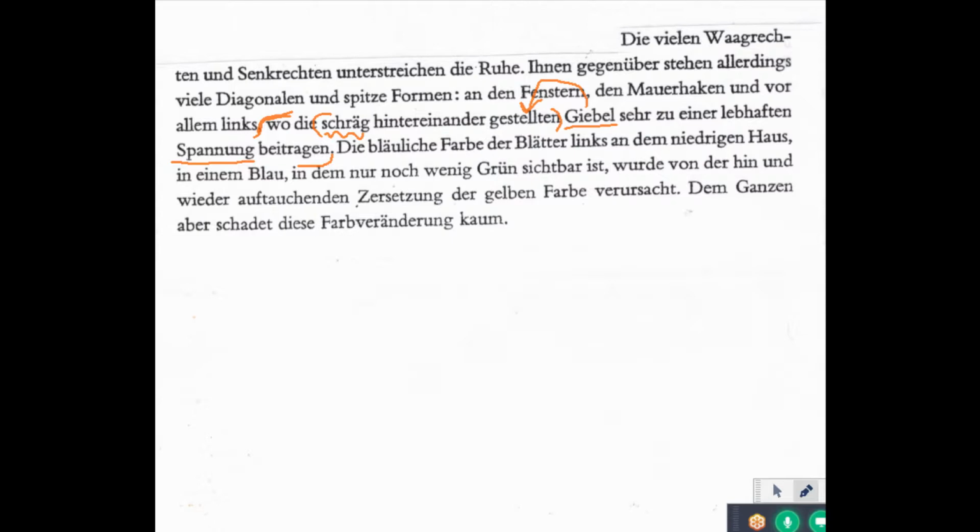Okay, let's go up to there first of all. So this is the bluish color, and then what case is this? Der Blätter. It's dative. Well, it's actually genitive, of the leaves. Oh, I'm sorry. Yeah, I thought those were carrots you were drawing, Ron. No, parentheses. So the bluish color of the leaves on the left on the low house,